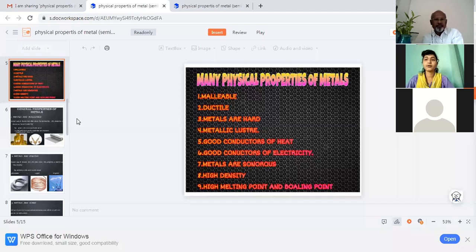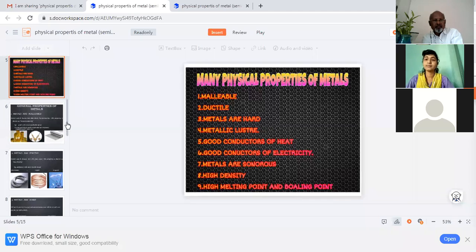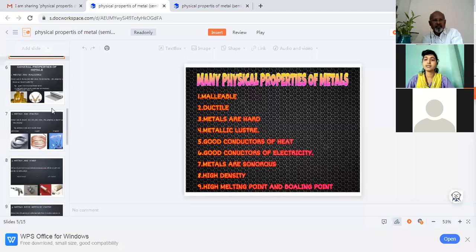Next. There are many physical properties of metals. First, metals are malleable. Second, ductile. Third, metals are hard. Fourth, metals have luster. Fifth, metals are good conductors of heat. Six, metals are good conductors of electricity. Seven, metals are sonorous. Eight, metals have high density. Nine, metals have high melting and boiling points. Next,